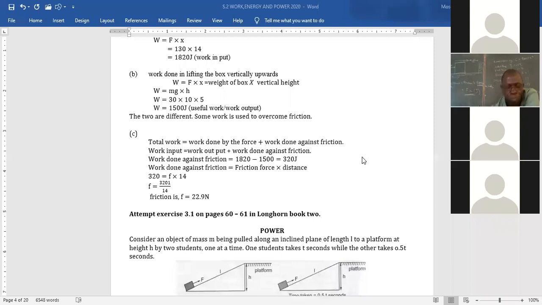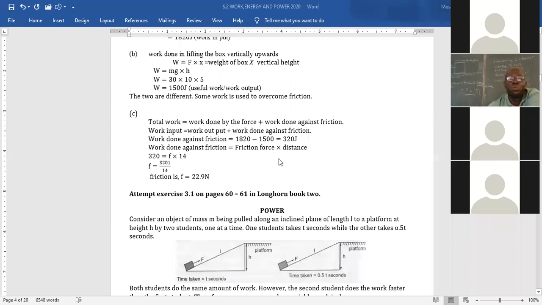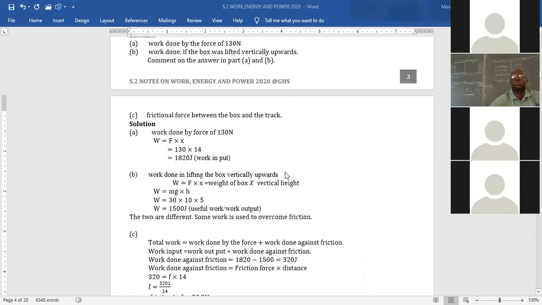Thank you. Okay. So the difference is usually the work wasted, and this work is wasted in terms of friction, sound, and heat. Is that okay? Yes, teacher. Is that okay, girls? Yes, teacher. Okay. So that example is actually trying to give you the principle of conservation of energy. That's what it is all trying to do.